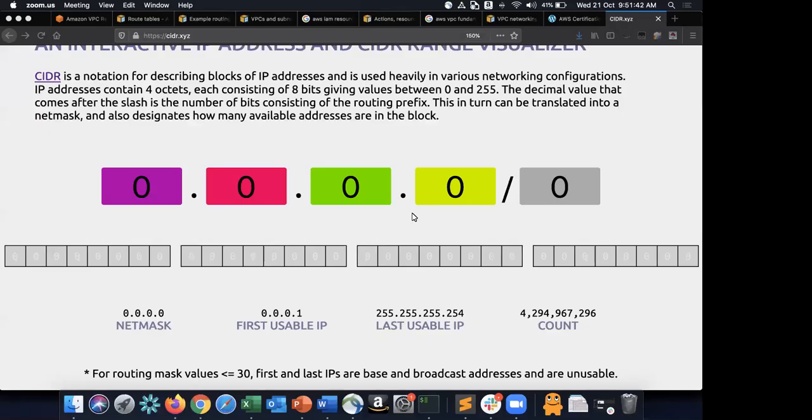Okay, sure. Sounds good. So let me share my screen again. Yeah. So what I was trying to say is that whenever you say 0.0.0.0/0, it means that the destination can be anything. Okay, the destination can be anything. If you have a specific one, for example, if you want to route the traffic specifically to,